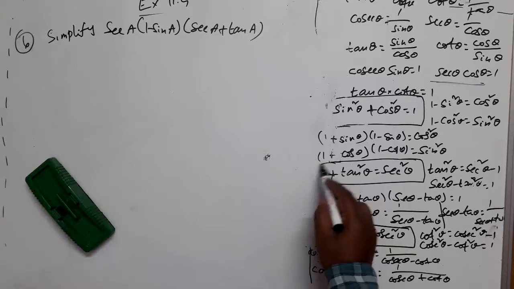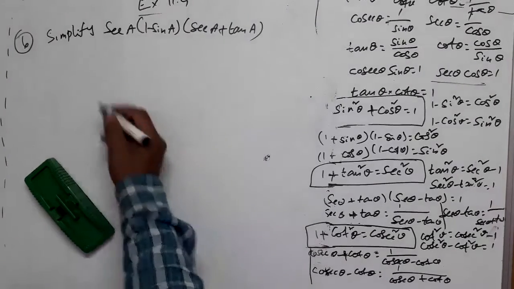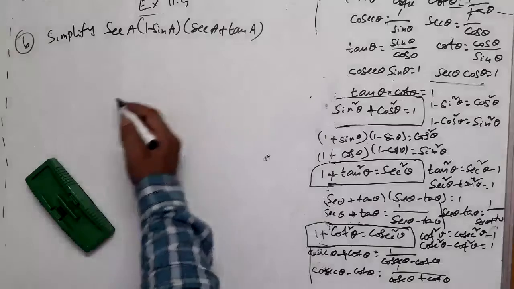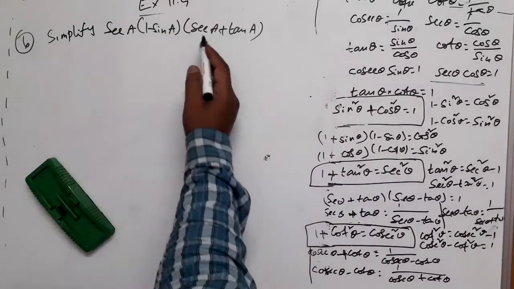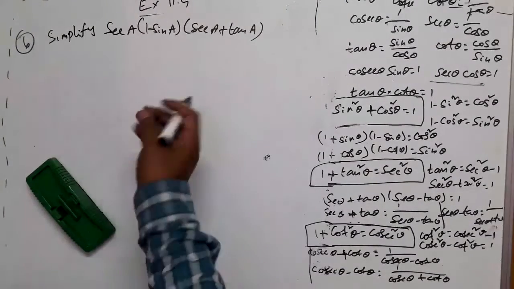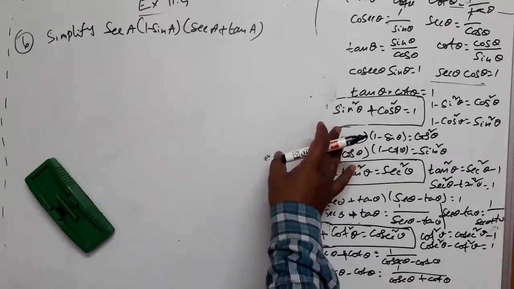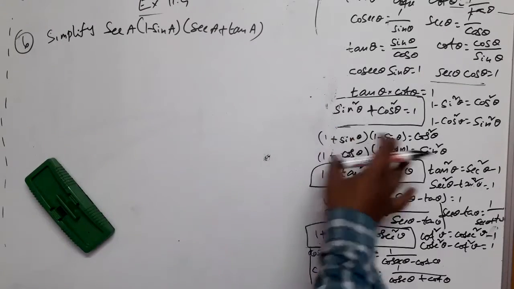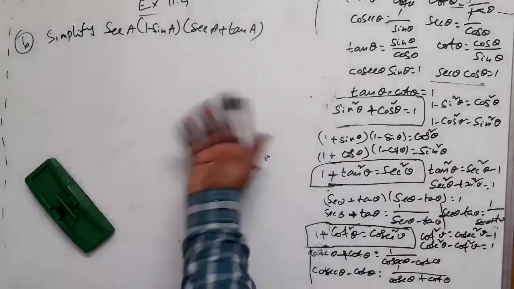What is the idea you're getting? Yes, tell me. Yes, if you can write all the terms in terms of sine and cos, because you don't want secant, tan. If you can write this in terms of sine A and cos A, you may find that at some stage this first identity involving sine theta and cos theta will be useful. Let us see.